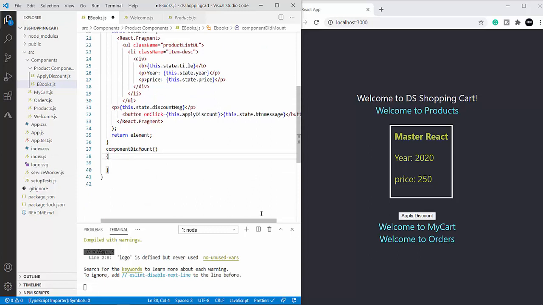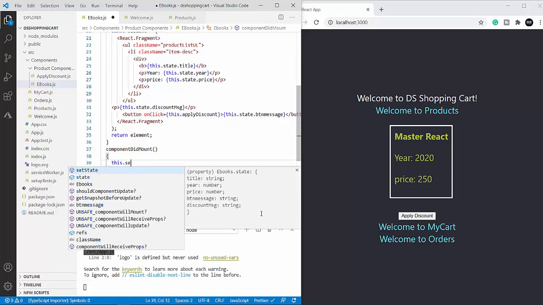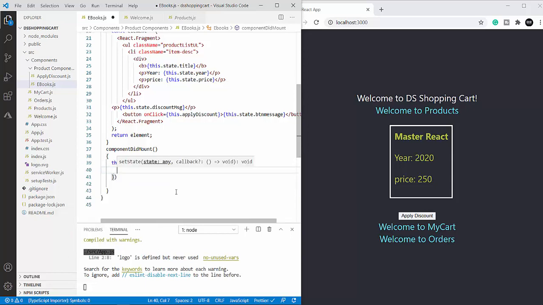So going back to the component, this.setState discountMessage, click below to get exclusive discounts.